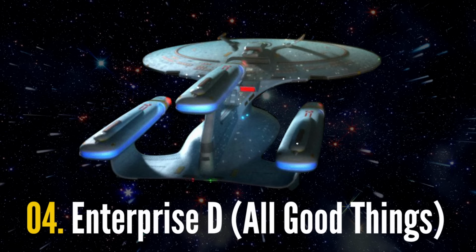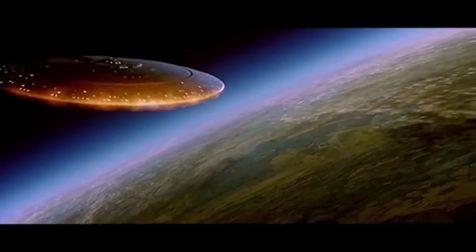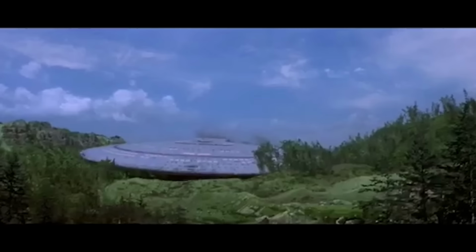Number 4, Enterprise D from All Good Things. This is a future refit version of the Enterprise that exists in an alternate timeline because, as you know, the Enterprise D gets destroyed in Star Trek Generations, so in order for this ship to exist, you'd have to be in an alternate timeline. And in a way, this is another example of a kind of ship that a 12-year-old